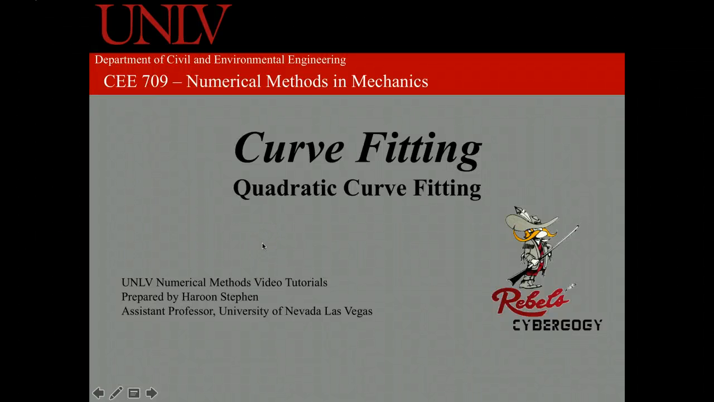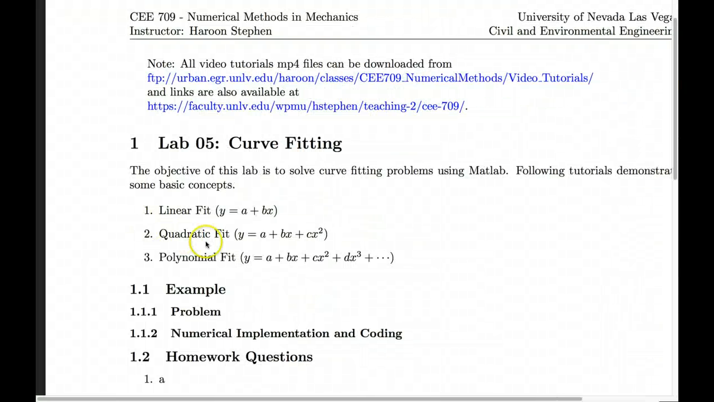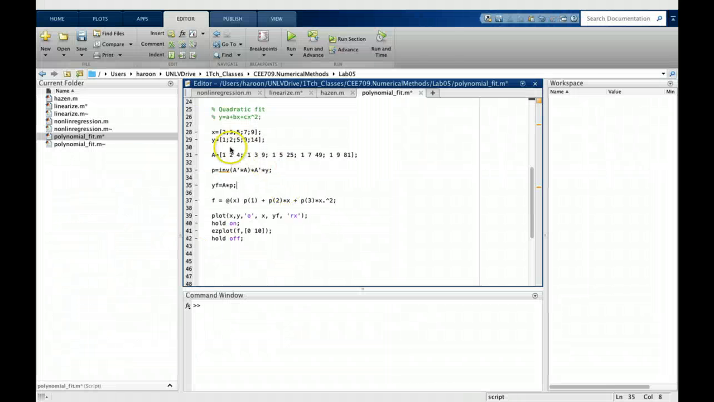This tutorial extends the idea of line fitting to quadratic curve fitting. So it's potentially y is equal to a plus bx, which is the linear part, plus cx squared, which is the curvature part or parabola part in a curve. So let's take the example of the same data that we had in the linear case,